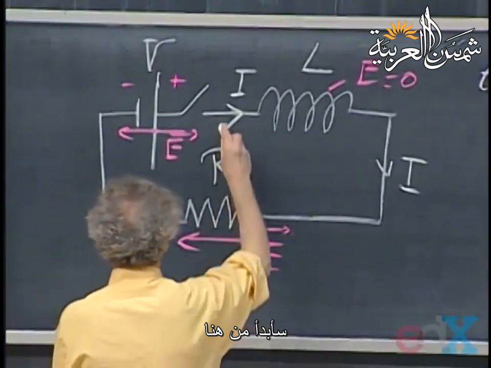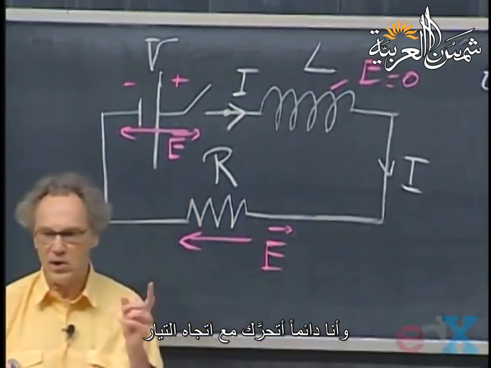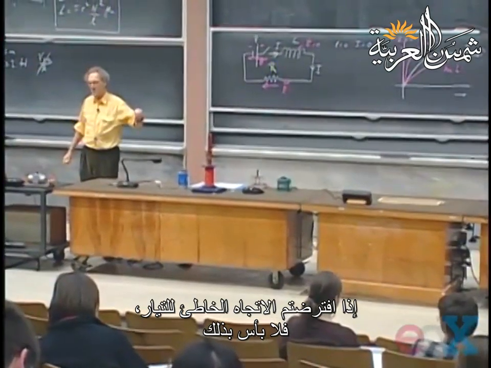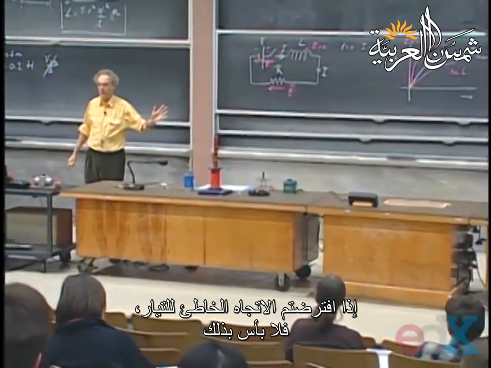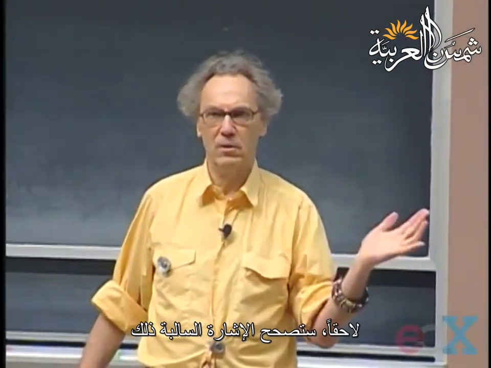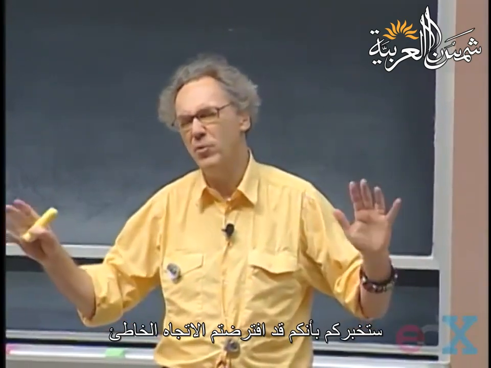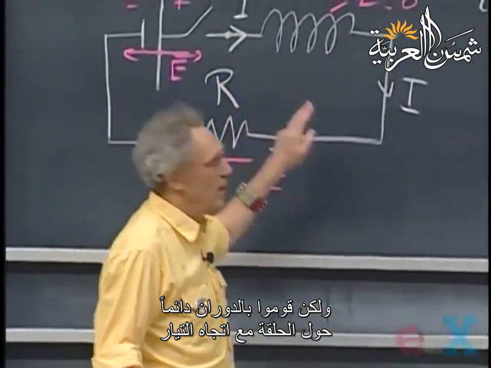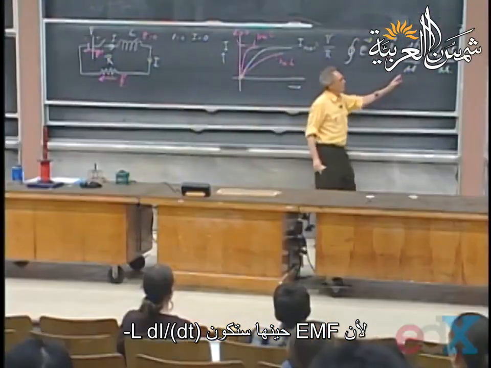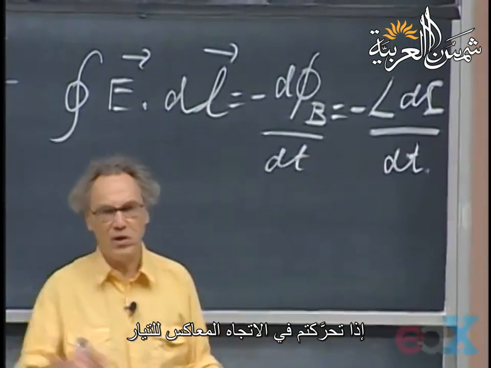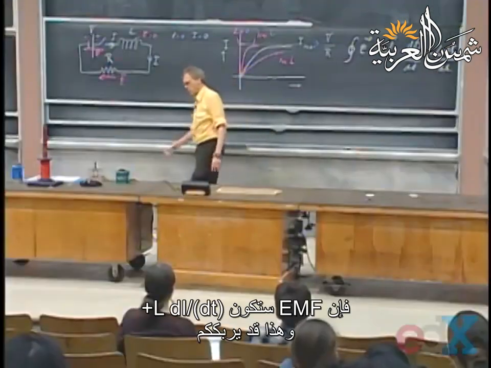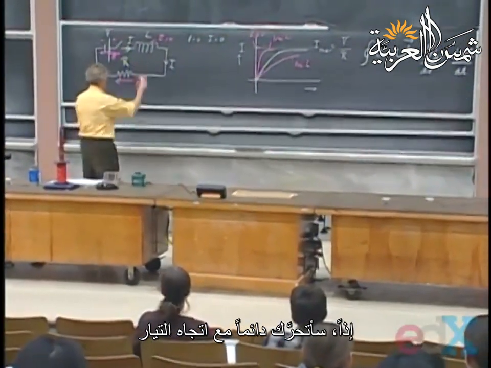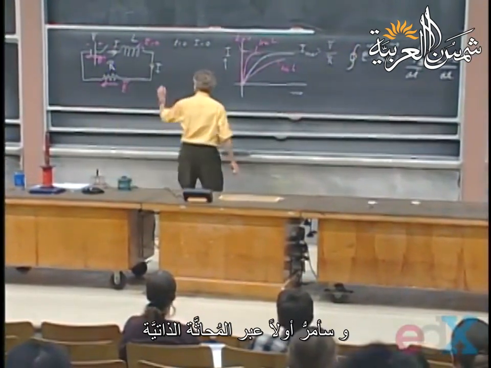I start here, and I always go in the direction of the current, and I advise you to do the same. I don't care that you guess the wrong direction for the current, that's fine. Later, minus signs will correct that. They will tell you that you really guessed the wrong direction. But always go around the loop in the direction of the current, because then the EMF is always minus L dI dt. If you go in the direction opposed to the current, then it is plus L dI dt, and that could become confusing. So I always go in the direction of the current,